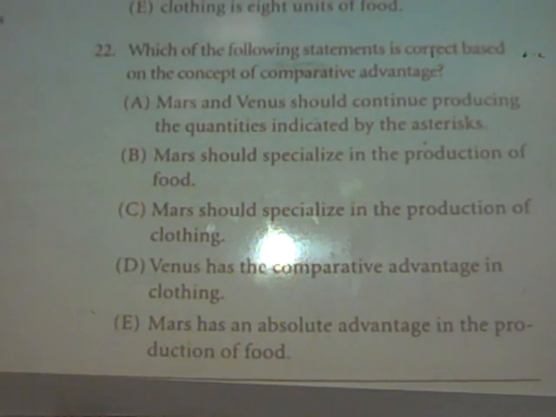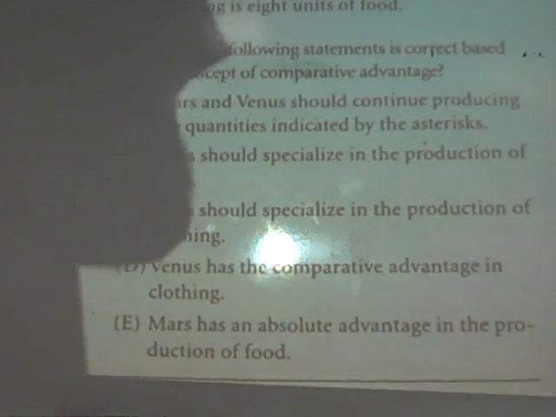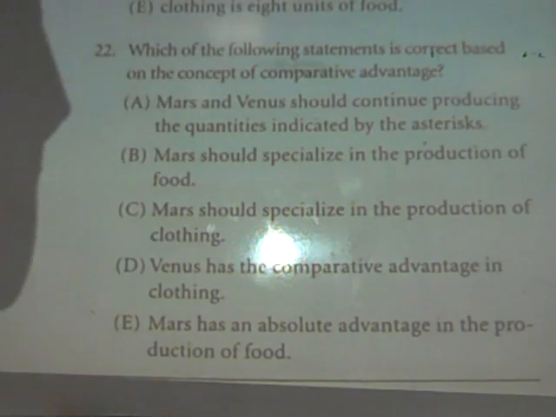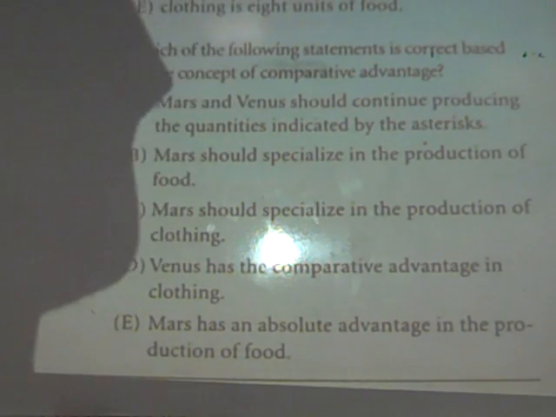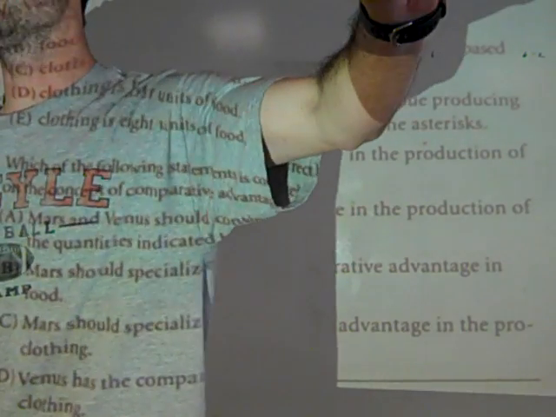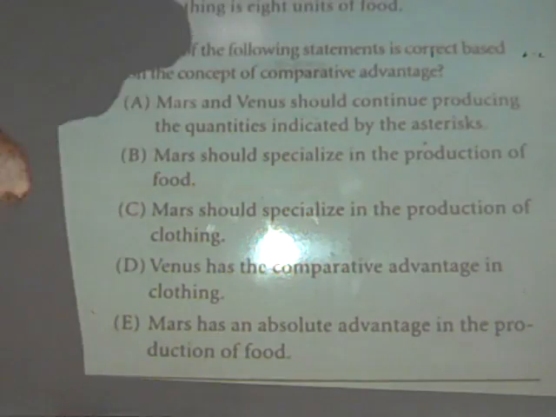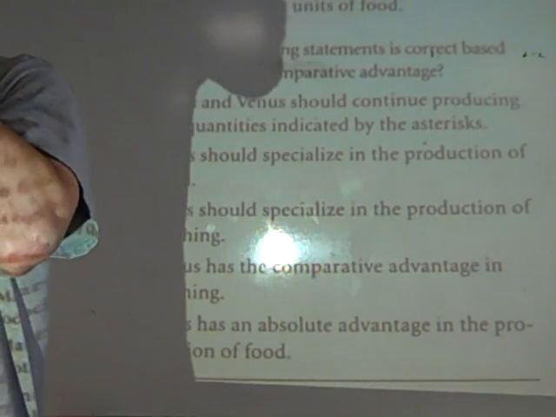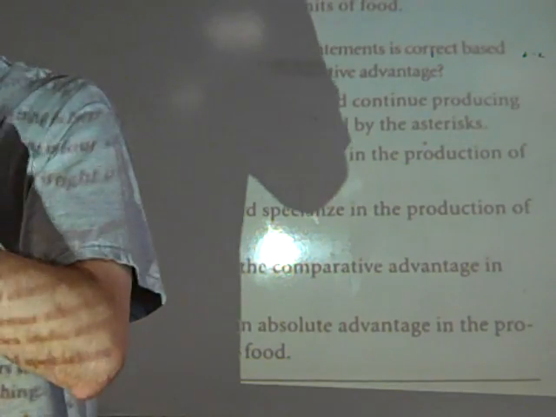So, remember comparative advantage was this idea of building an output box, or we have to decide if it is an output problem or an input problem, and we have to compare opportunity costs. We've got to draw an opportunity cost box and pick the lowest opportunity cost, and that will tell us who specializes. And remember in those boxes, we assume that they're either making all food and no clothing, or no food and all clothing, that they're going to specialize, right? That's the idea of comparative advantage. Choose your comparative advantage good and specialize.